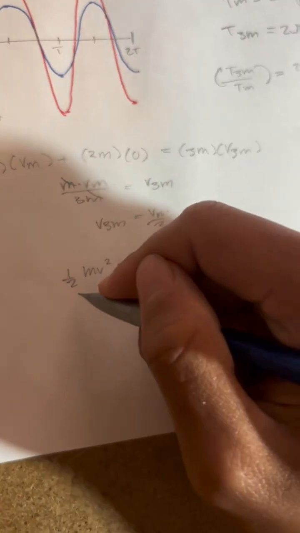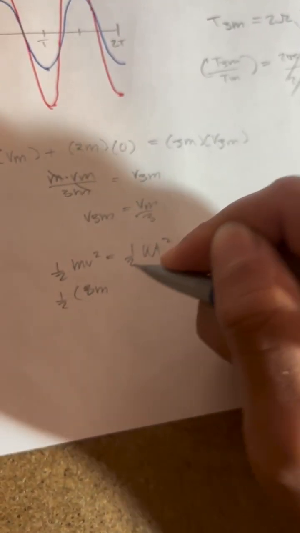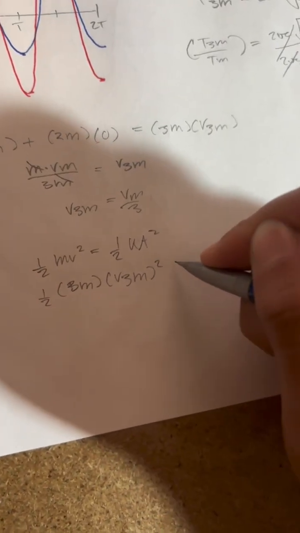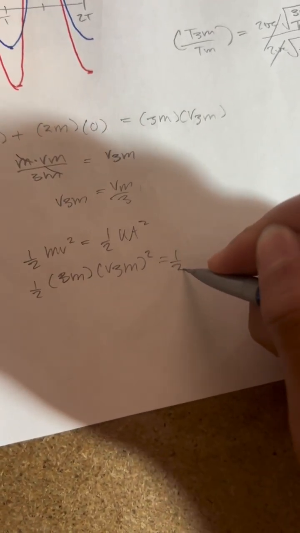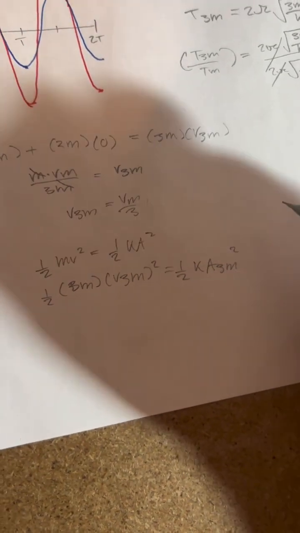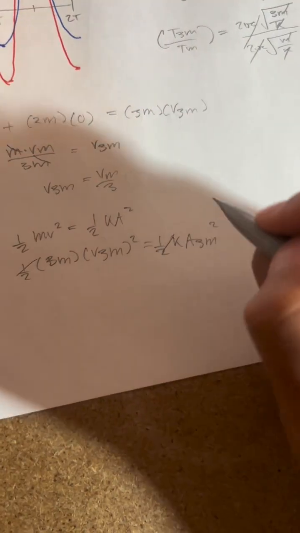And then I'm gonna plug in those variables as 3m and v3m squared is equal to 1/2 k a3m squared, right? We're gonna cancel out the 1/2s, and then we're gonna isolate